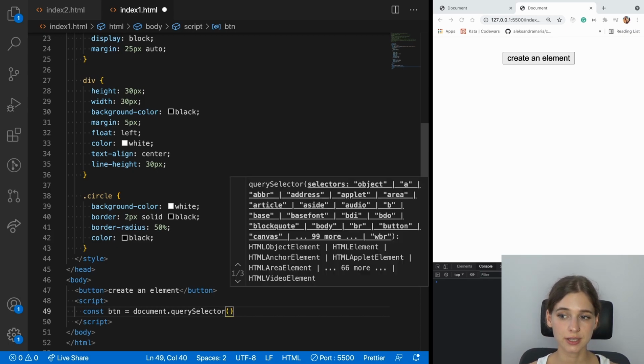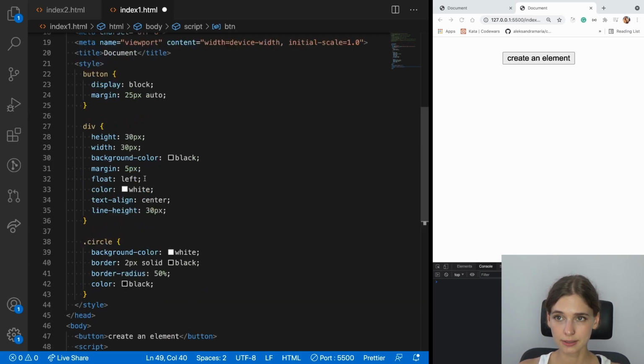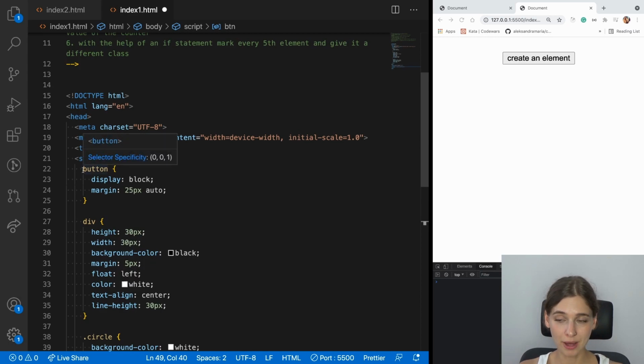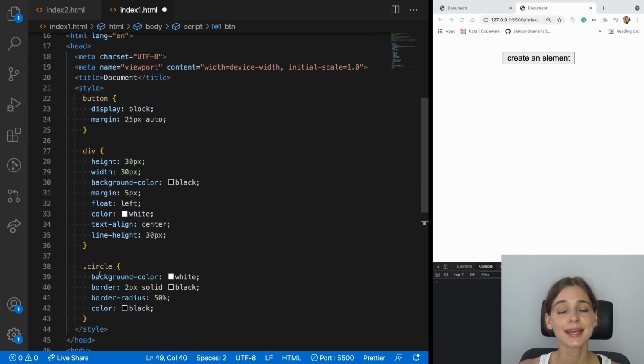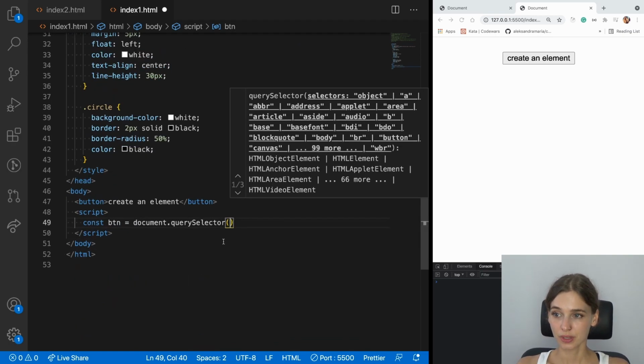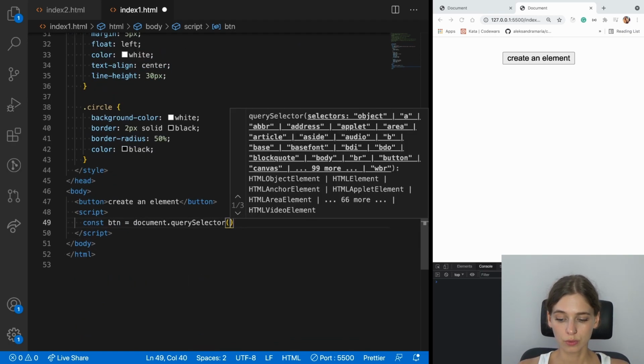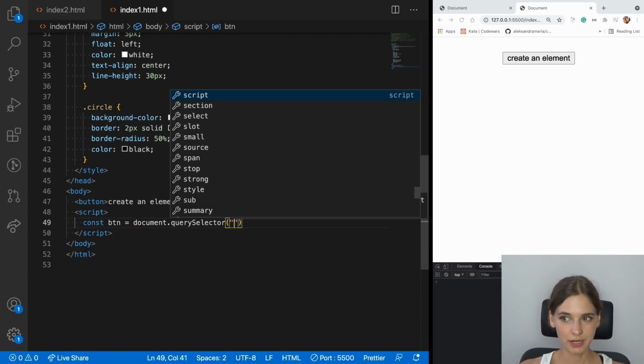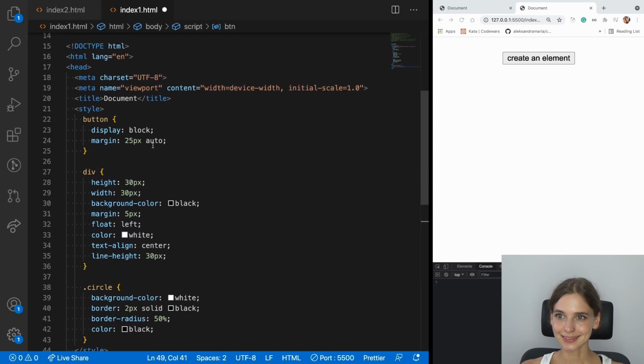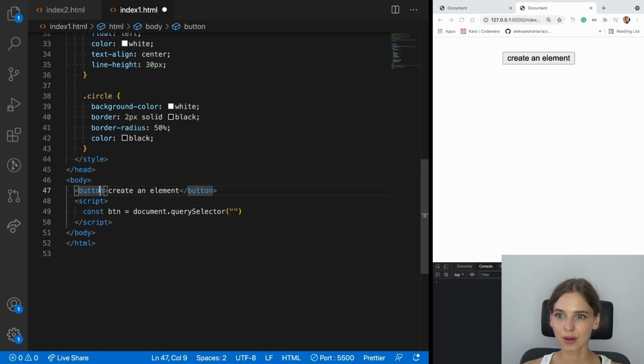The name is pretty much self-explanatory. We are querying for a selector. A selector is none other than, for instance, the button here or the div in here or a circle class. So we use single or double quotation marks, and inside there we put the element or the selector we are interested in. So bear in mind this is going to take the form of a string, and bear in mind the main difference between this selector and the CSS selector is that if we put another button on here,